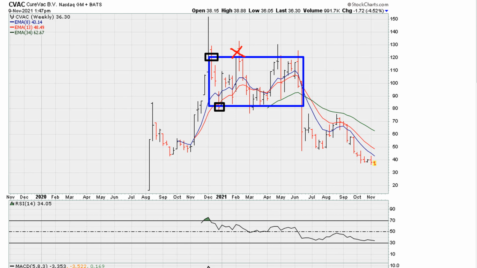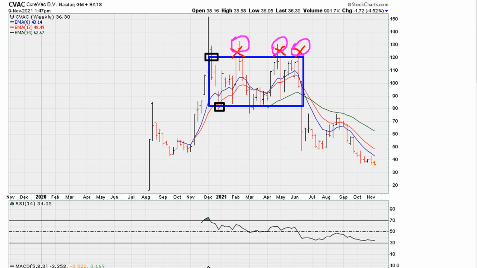By the way, this is a weekly chart. When I was talking about Tesla, that was a 4 hourly. You can use this on the daily, 4 hourly, weekly. Here, the weekly chart gives us a good visual understanding of the concept. That's why I'm using it. We have failed breakouts here, failed breakouts here. Let me put this another way. There are those in the market who somehow know in advance to get out here, get out here, get out here. These are the institutions on the inside, but that's not the reason for this video.